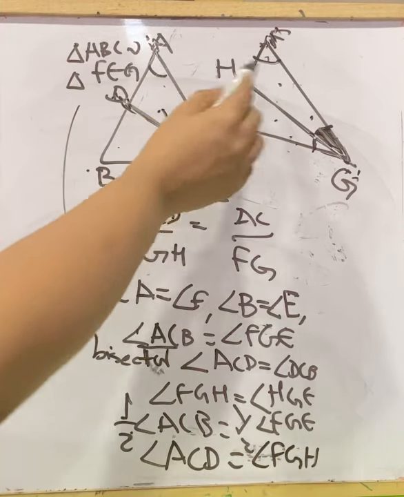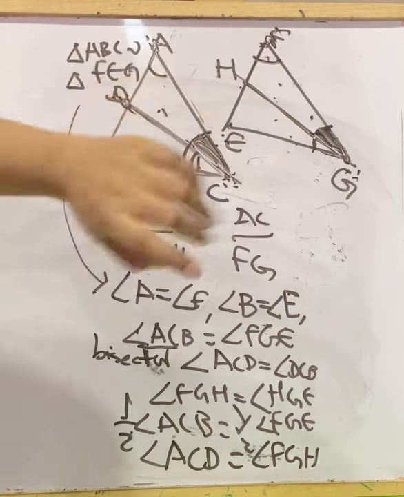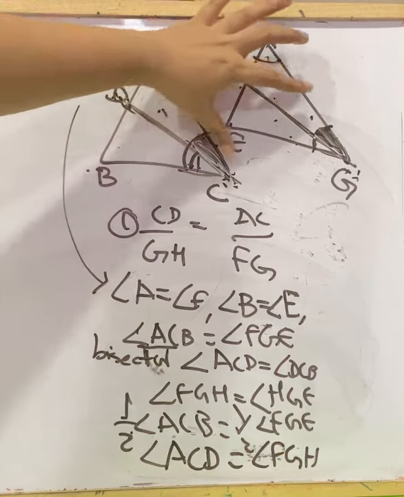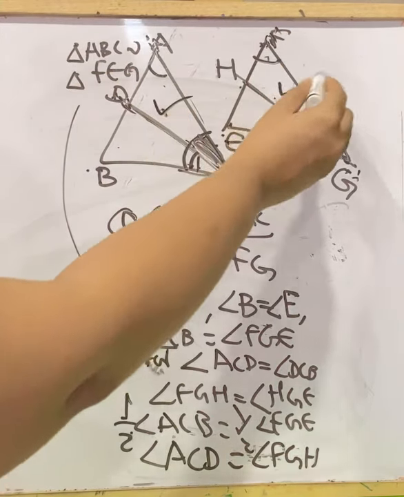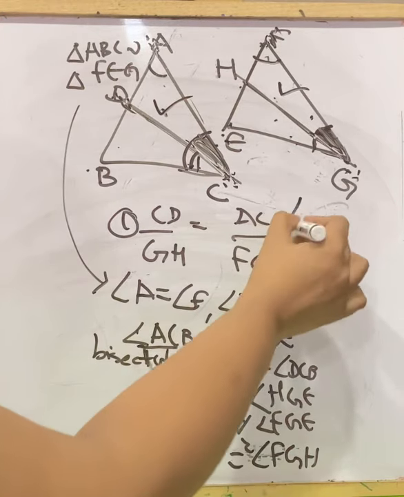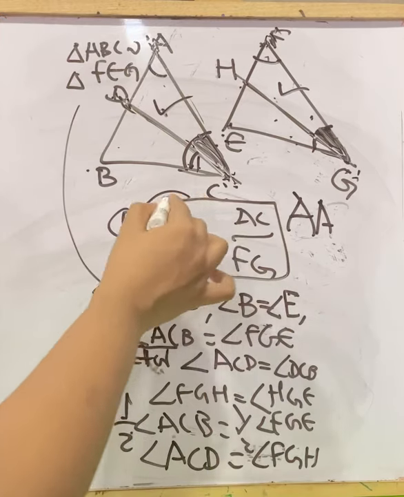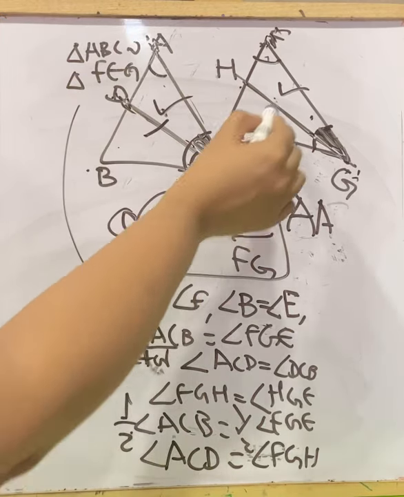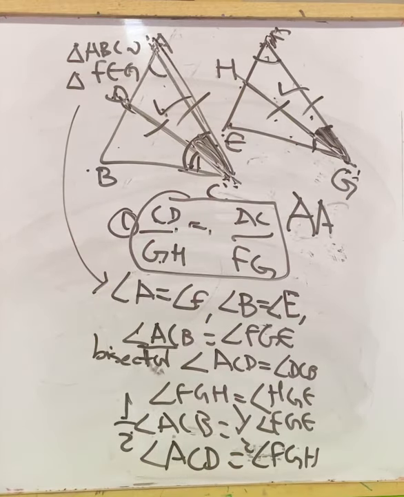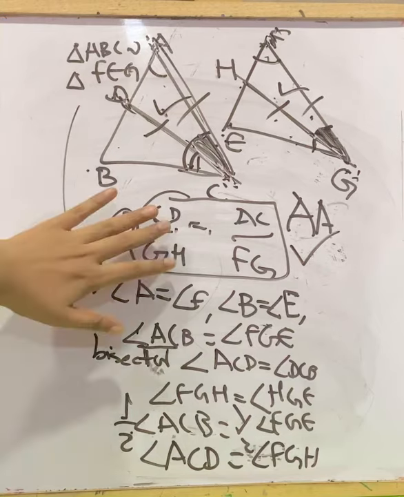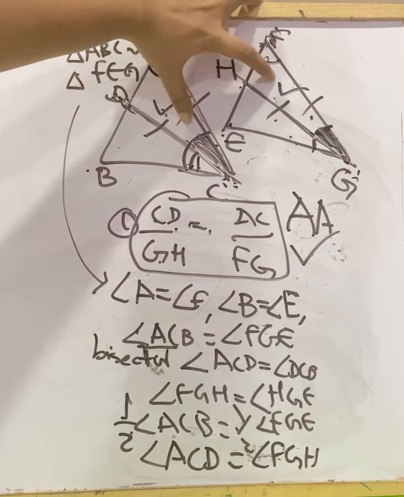So in upper two triangles, we have these angles are equal because bigger triangles are similar. Also we got these halves are equal. Now according to AA similarity criterion, the upper triangles are similar. As these two triangles are similar, then we can say the sides proportionality. CD by GH equal to AC by FG. Hence proved. These are the proportionality of sides of these two similar triangles, the upper triangles.